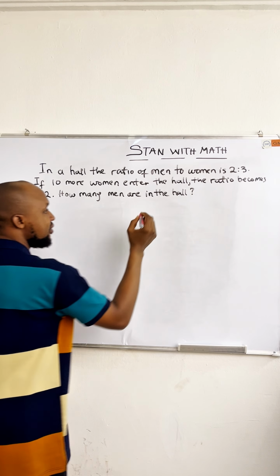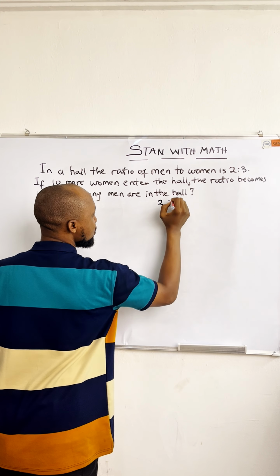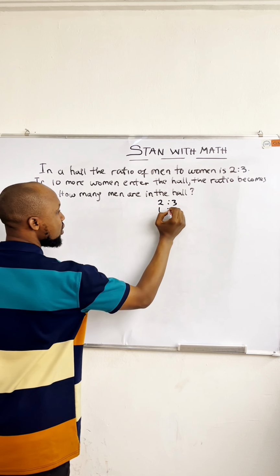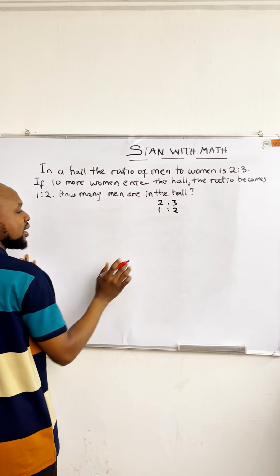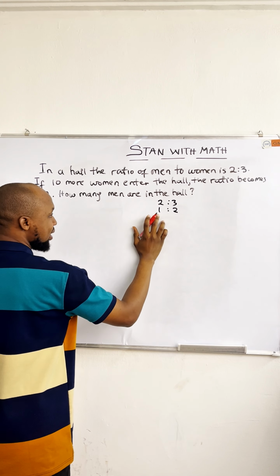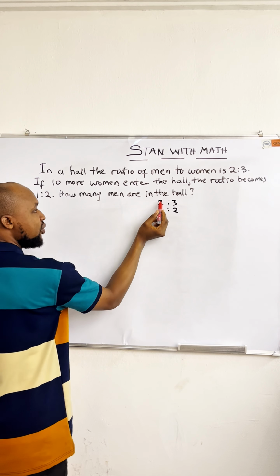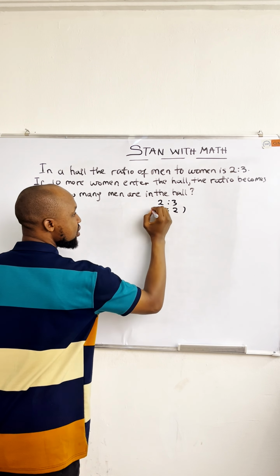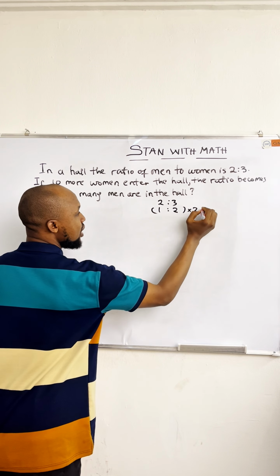So let's write down the first ratio. We have 2:3. Then the final ratio will have 1:2. So now we're going to get an equivalent ratio of this one that is going to make it have the same number as we have here. For us to do it, we are just going to multiply this ratio by 2 and we are going to have